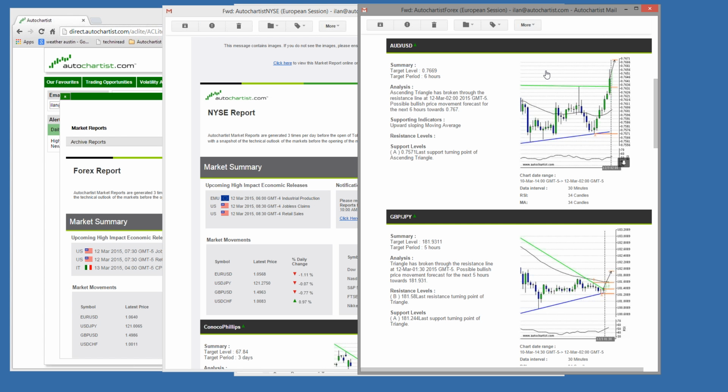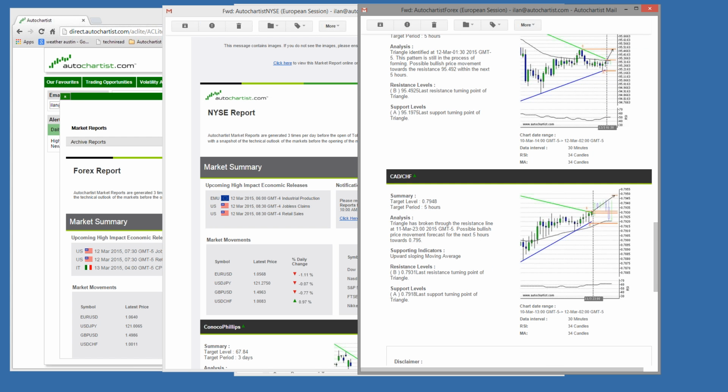And so instead of trying to explain that, what we've done is we've acknowledged the fact that emails are sometimes not opened as soon as they come through, but rather, sometimes a few hours later when our users actually have a chance to open them up. And so we decided to make them less sensitive on time, and we provide slightly longer term forecasts. So here is a 6-hour forecast on AUD US dollar. Here's another 5-hour forecast on pound yen, forecast on euro CAD, pound CAD, and the list goes on and on.